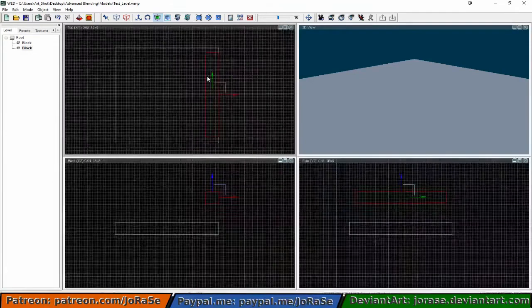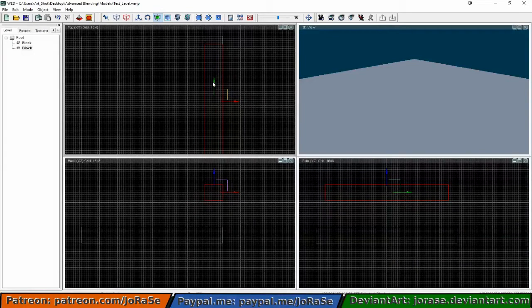Let's see, let's get zoomed in here so we can actually, yeah, that looks good. So now we will go back into move and slide this one up. And then go ahead and pull it down. And let's pull it up on the Z a little bit. So there we go. Now let's copy and paste it,